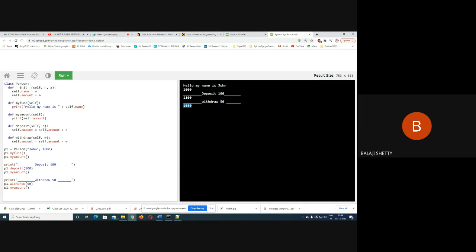So I pass that amount in the variable D. And when I withdraw the amount from the bank, I pass that amount in variable W. So when I deposit the amount, the initial letter D is taken: self.amount equals self.amount plus D. When I withdraw the amount, the initial letter is W: self.amount equals self.amount minus W. Okay, and this is the simple function to print the amount. That's it. Okay, so let me add one more line here.